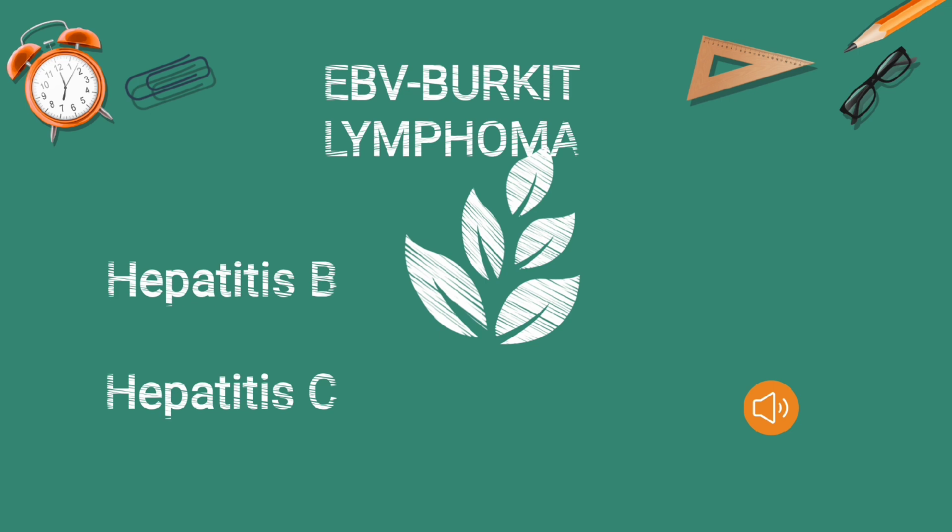Epstein-Barr virus is a member of the herpes virus family, and this is the first virus linked to a human tumor, Burkitt lymphoma. Burkitt lymphoma is an aggressive tumor, and it is endemic in some areas like Africa, though it can occur sporadically anywhere. Epstein-Barr virus affects the normal B cell, and the virus uses the complement receptor CD21 to attach to and infect B cells,